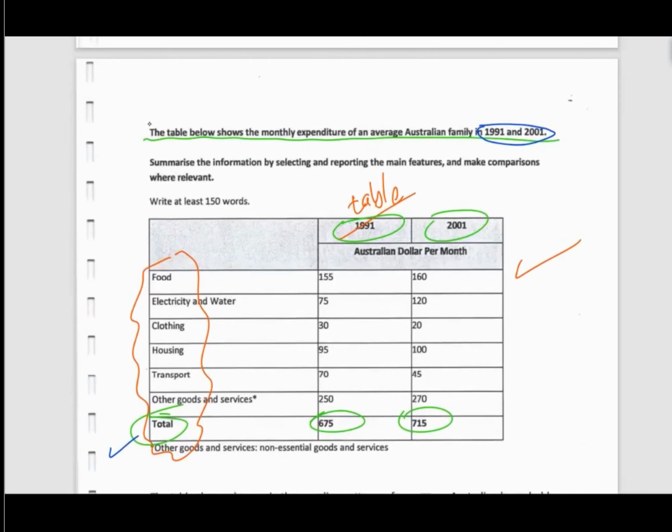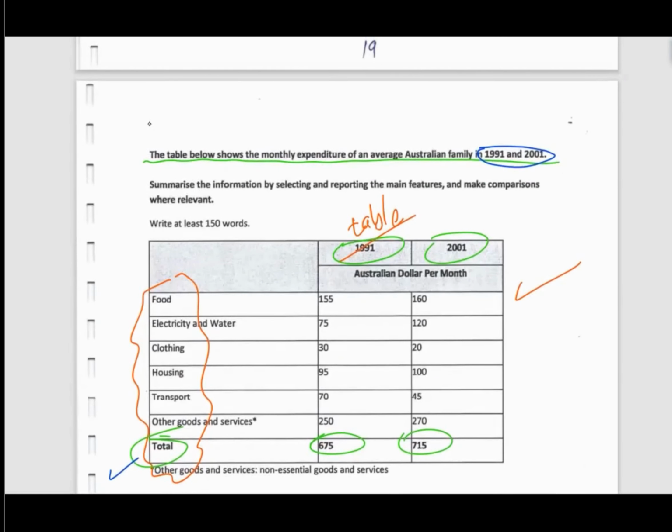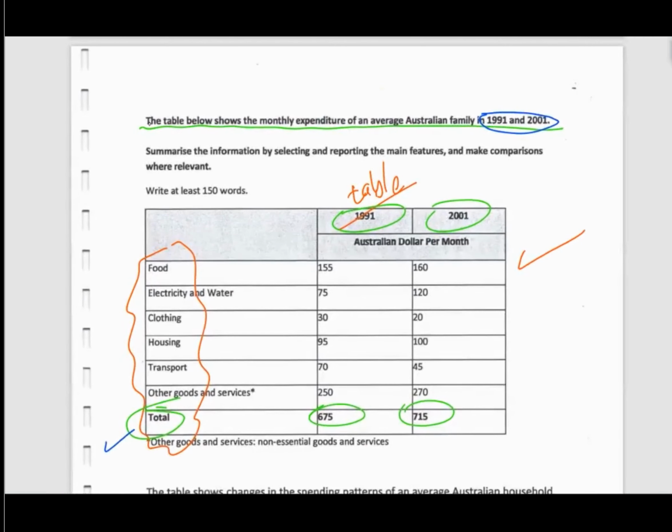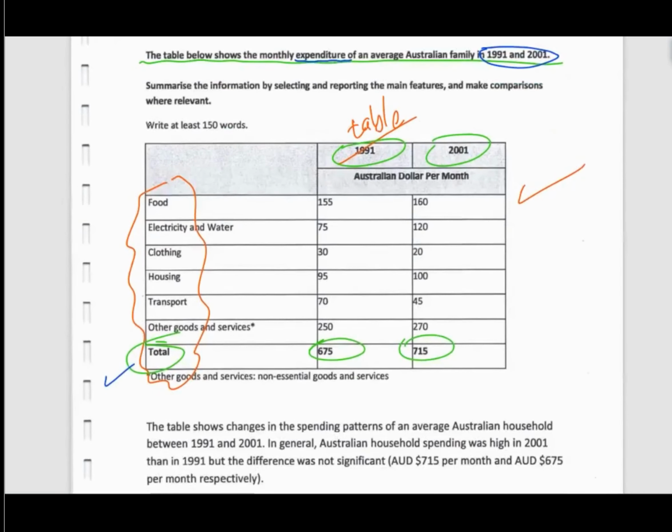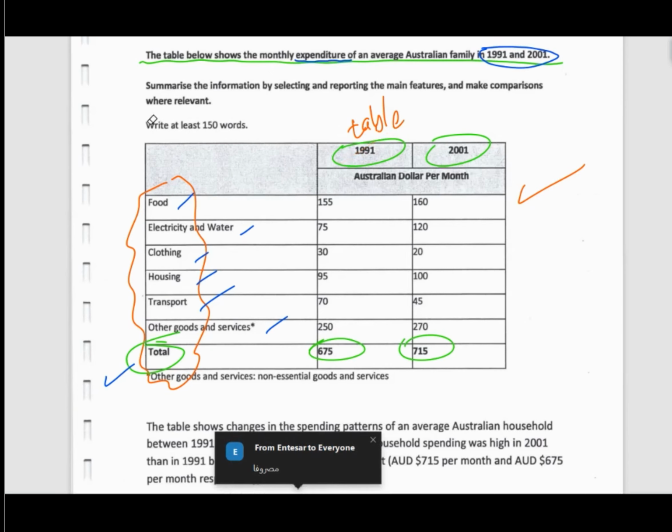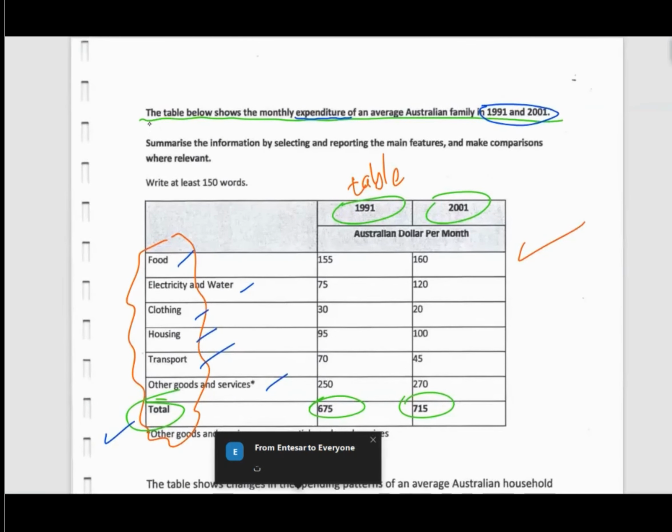Right. Now, before we read the report, let's look at the elements first. If somebody does not understand the meaning of expenditure, he can read these: food, electricity and water, clothing, housing, transport, other goods and services. So you will understand that expenditure means the money spent on these materials, for example, every month in the 2 years. Yes. So let's think of some.